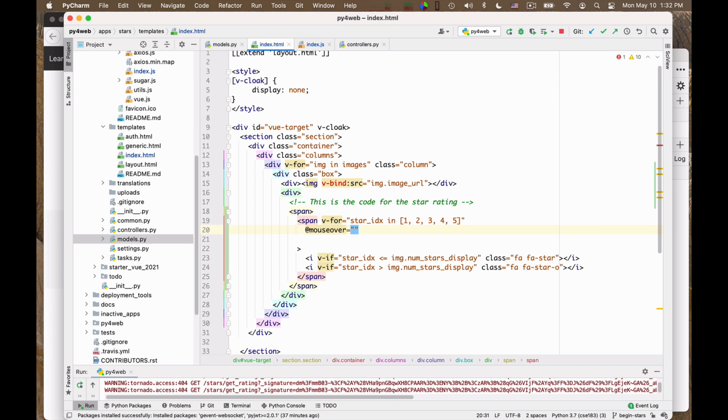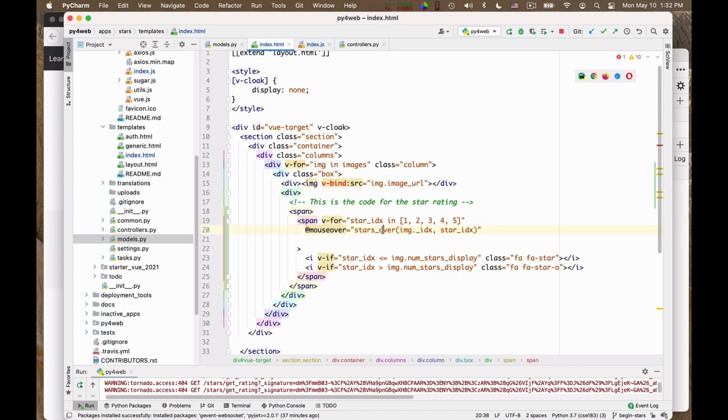When this happens, we call a method in the Vue controller called starSover, and I want to say which image and which star. So I say image.index, which is our own enumeration of the images, and star index, which gives us the star index. Okay, so this will be enough.